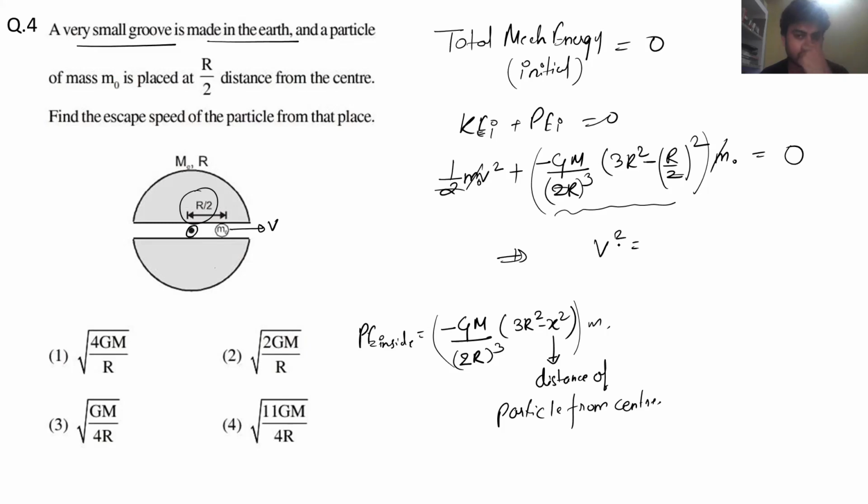v square is equal to 3r square minus r by 2 whole square. 3 minus 1 by 4 is 11 by 4, and then minus gm by r. Okay, 11 by 4, 2 will get cancelled out. 2 to the power 3. So finally when you solve it, v square will come 11 by 4